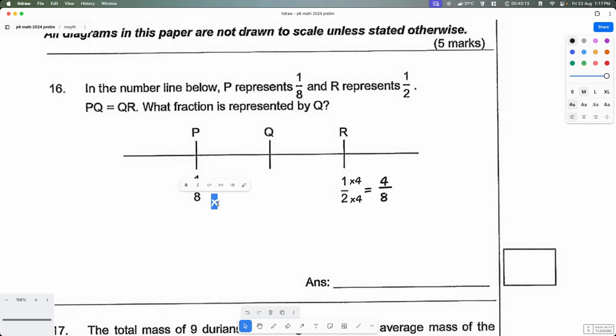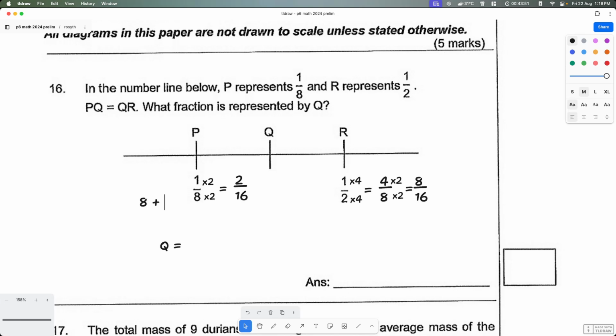Okay, right. Times 2 again for 8. And then times 2 for this. Not 4, times 2. Okay, and this will then equal to 2 times 2 is 2. And then this will be 16. Okay, so 4 times 8. Okay, times 2 again. Right, in this case, let me just put it here. So this equal sign. This will then become 8 over 16. Okay, so the middle one is, so Q is equal to